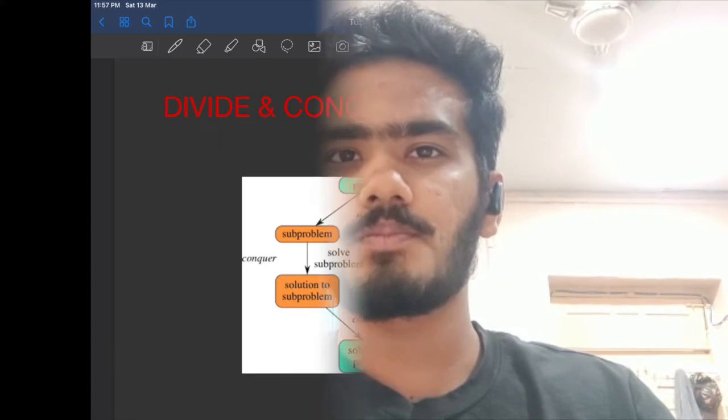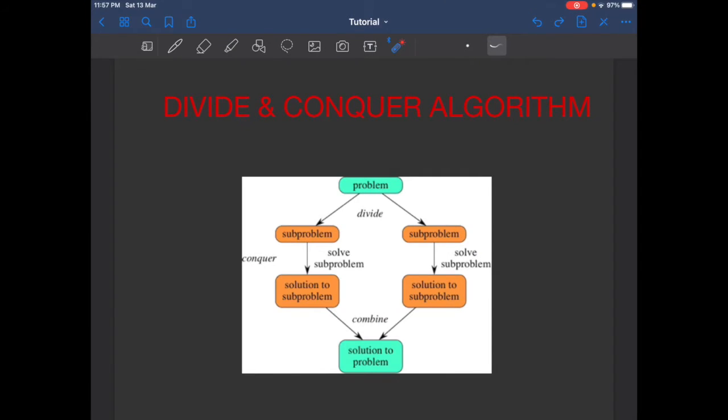Today I will be explaining to you a very important and fun learning concept of algorithms, which is divide and conquer. Let me start by explaining to you what exactly is divide and conquer. So basically this algorithm works by separating a problem into various sub-problems, then solving each of the sub-problems separately and then combining them together to get the desired output. Let me explain it to you in a better way. So first let me explain to you the concept of divide and conquer algorithm.